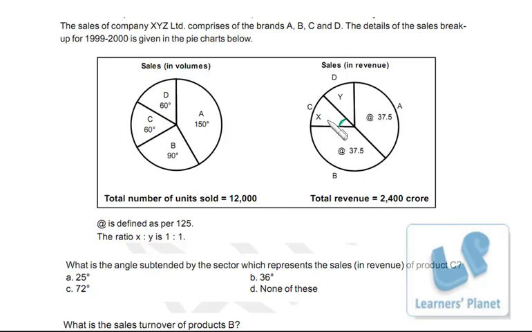Now X and Y are equal, right? So the remaining 50 is X and Y. That means 25 is X and 25 is Y. So 125 is 360, because the central angle is 360, this entire calculation is from 125. So 125 is 360, that means 25 must be 1/5 of 360, that is 72, right? So that's pretty simple, hardly there is a need of paperwork, right? So your answer is option C.